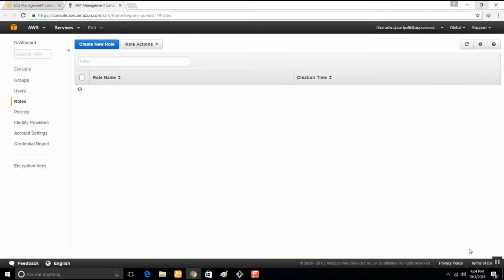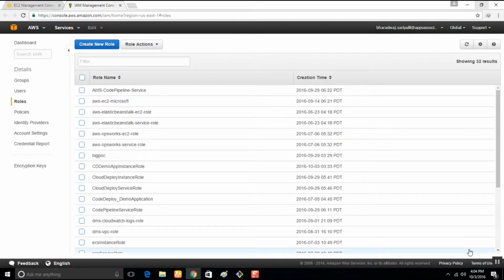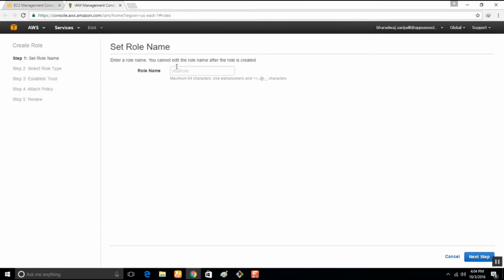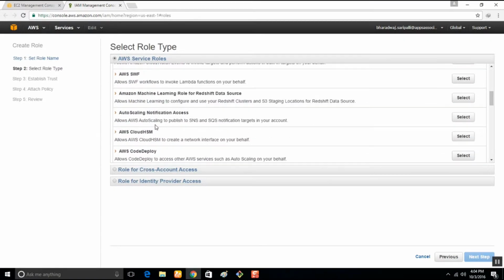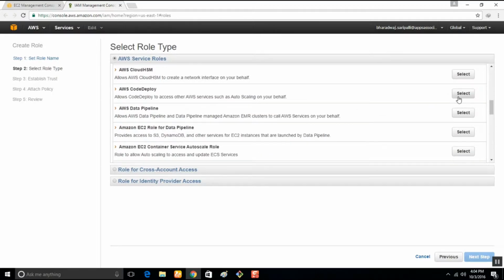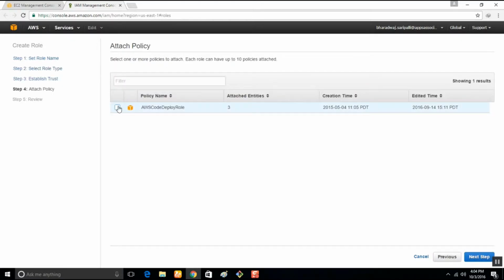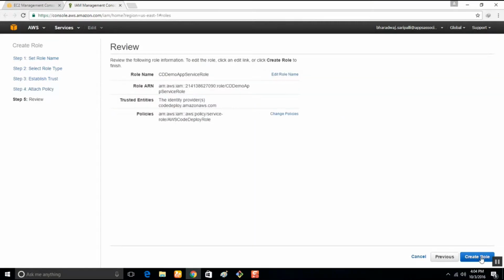This is the first thing that we need, and we need a service role also, so that the service can take care of all operations on it. Create new role, cd demo app service role, hit next. And for this we need the Amazon CodeDeploy role, hit next.